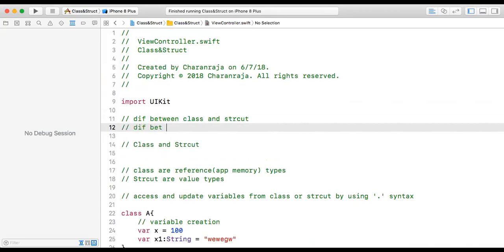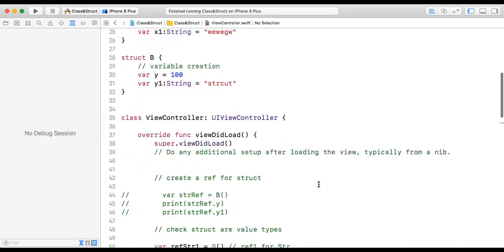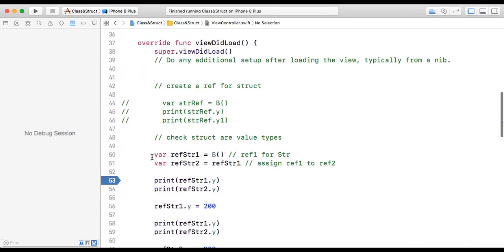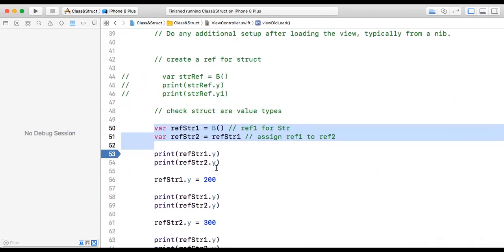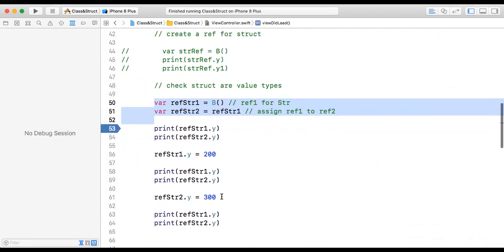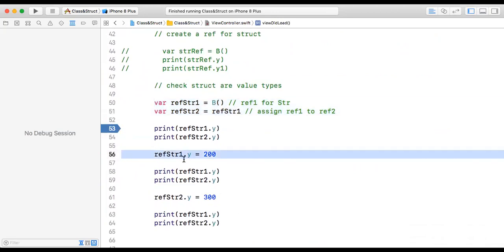Now, if I take a structure, you took STR1 and B, right? Yes. You initialize it to what? 100. Yes. Okay. Now, for the structure you make it 300, create another reference and print 300. So if I assign a value, till this point of code my structure one y value is 200. If I update in the next line, that value it will hold. Another STR2 for structure, and dot y is equal to 300. So again, if you print STR1, you also. No. STR1, so here we are